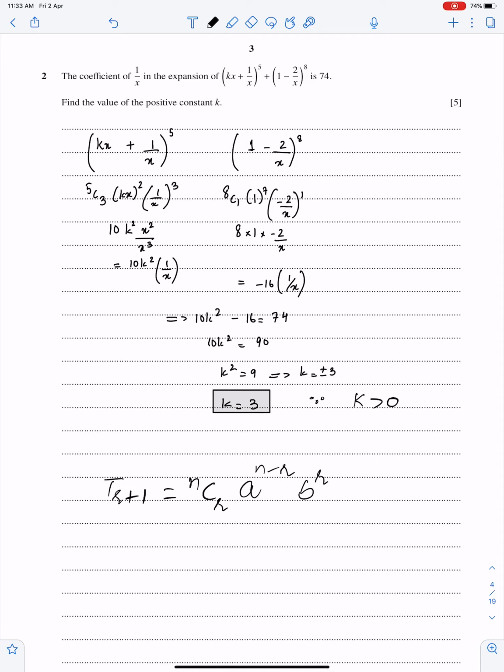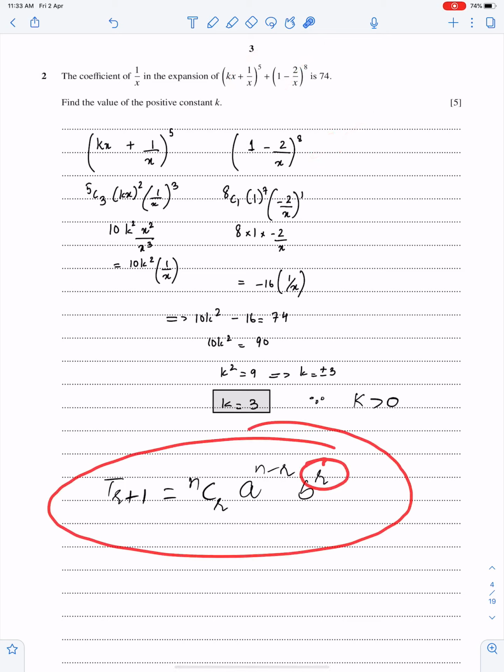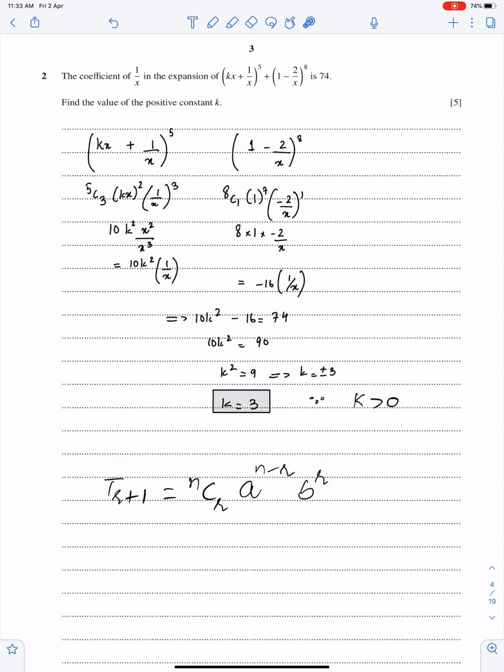So you can use any method. Number 1, expansion, which is the simplest method. Expand this, and number 2, use this formula and get the value of r. Number 3, prediction. This student is very smart. She used the prediction method. She predicted the terms and then she used this formula and found the coefficients of 1 upon x in both the expansions.